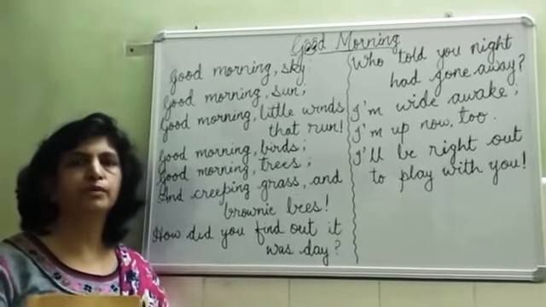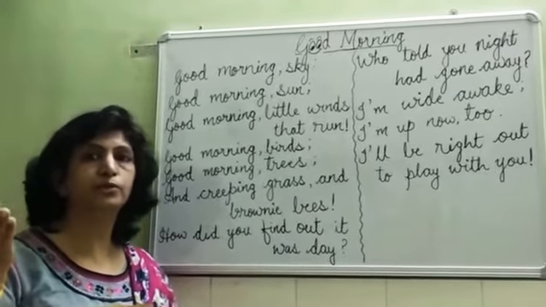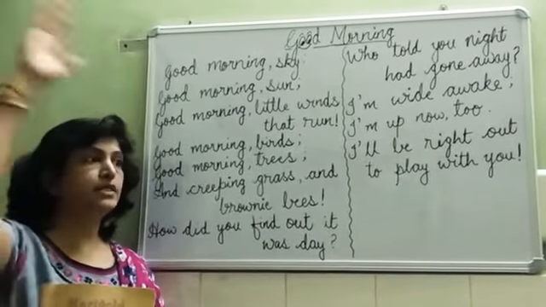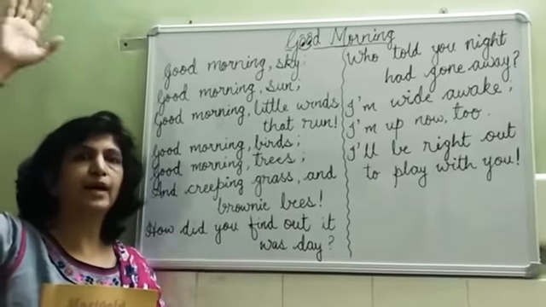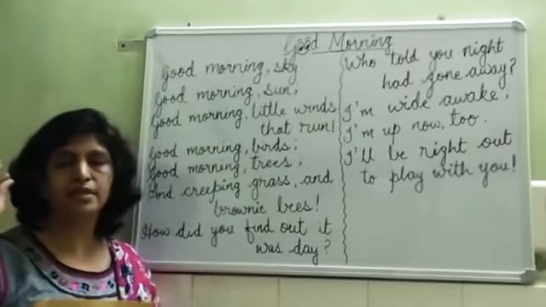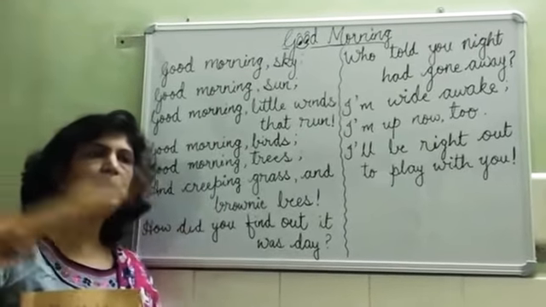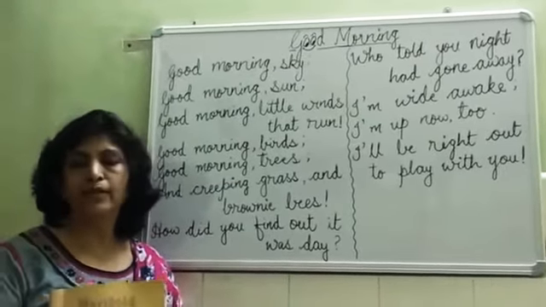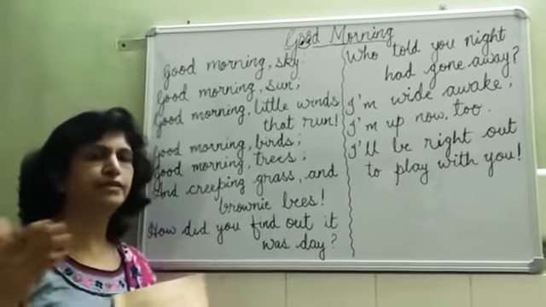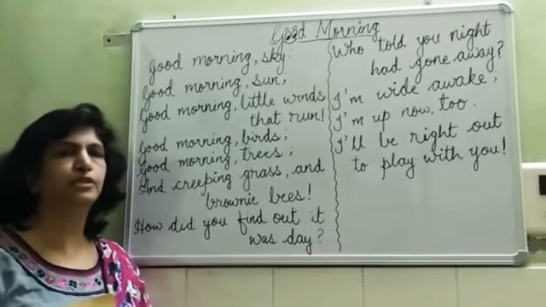And in this poem, Good Morning, it tells about the early morning, जब हम सुबह सोकर उठते हैं, उस टाइम के बारे में बताया गया है इस पोएम में. और जबकि सूरज जो है, when the sun is shining bright in the sky, and you can see the birds, you can hear the birds singing, you can see that the wind is blowing very lightly, and you can hear the sound of the bees buzzing, and the trees and the grass all look very fresh, very green, very beautiful. It looks the nature.